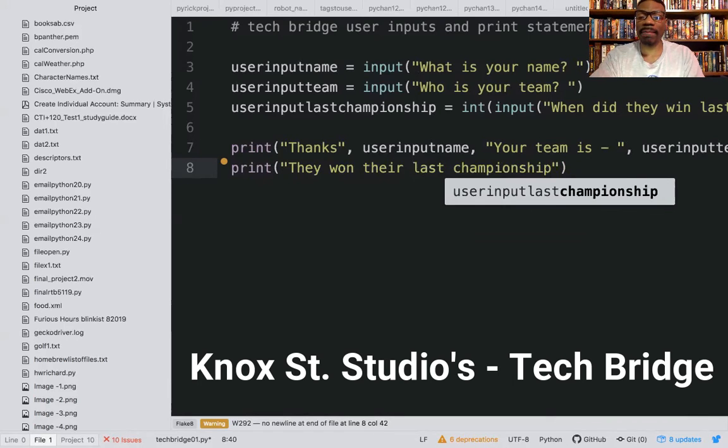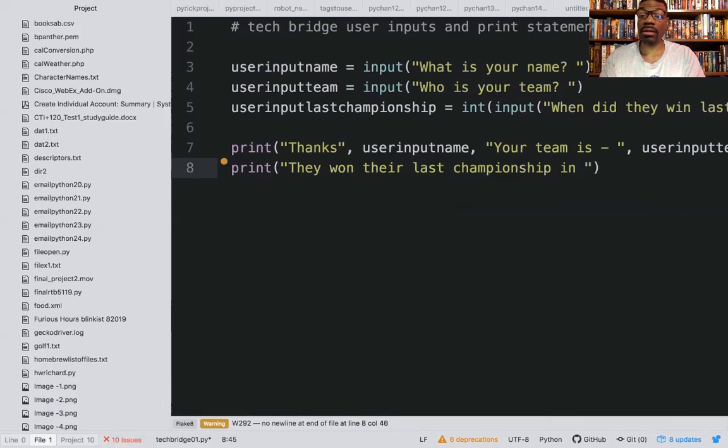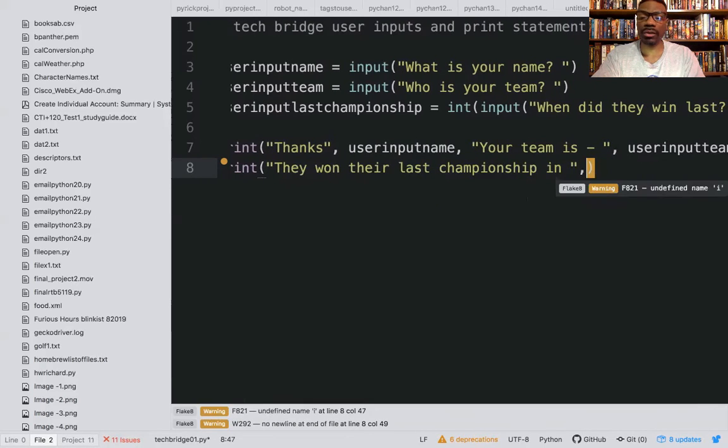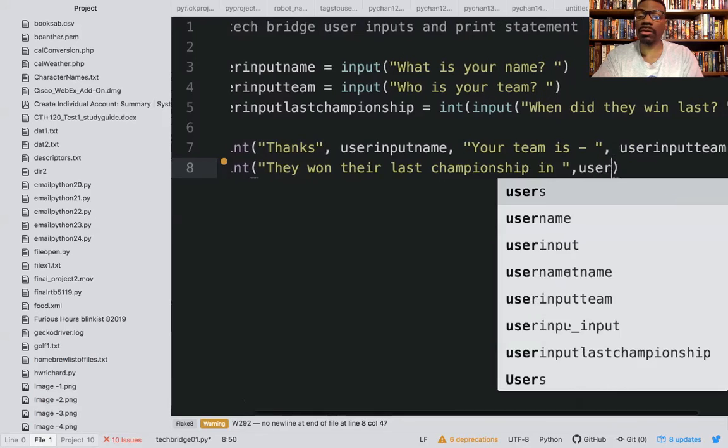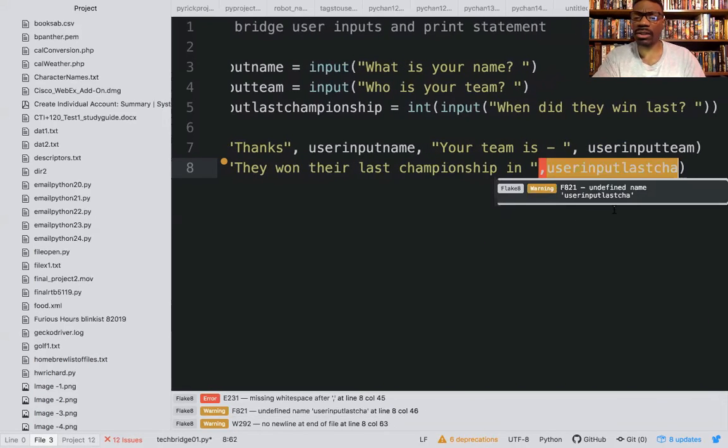They won their last championship in, and then comma, user input last championship. Notice with this, it's